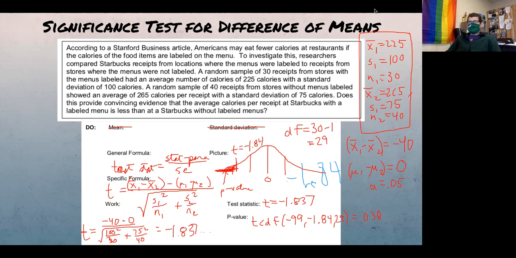Close, except exactly the opposite. It means we reject the null hypothesis, so that means that with menus that are unlabeled, people tend to purchase more calories. I'm saying that backwards, but people